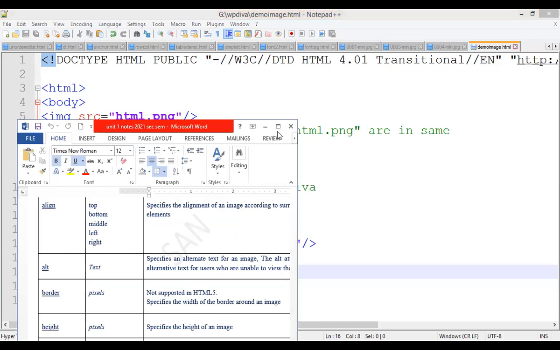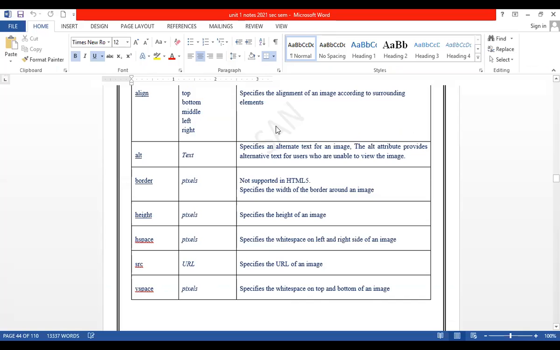In this Word file, I have already sent you the attributes. After today's class, I will send you the next questions for writing, okay? I also told you that these are the attributes. You can align the image. Alt means what? If the image is not displaying, we can show a message there, right? So we will see how to set these properties now. I will tell you a few properties here.